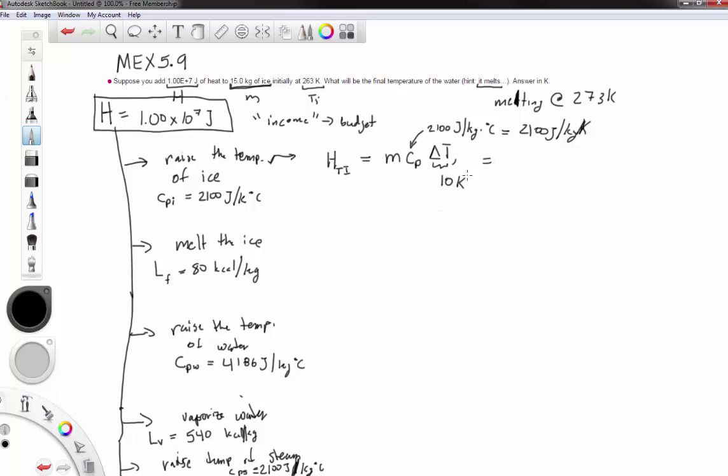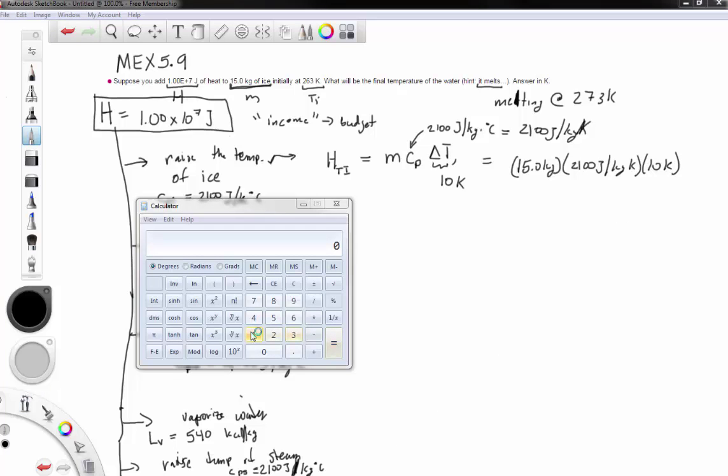So how much heat are we spending? How much of our budget are we going to spend on heating the ice up? Well, we have 15.0 kilograms. We're multiplying that by 2100 joules per kilogram Kelvin, and we're multiplying that by the 10 Kelvin of temperature change that we have. Alright, so let's calculate what that is. 15 times 2100 times 10 gives us